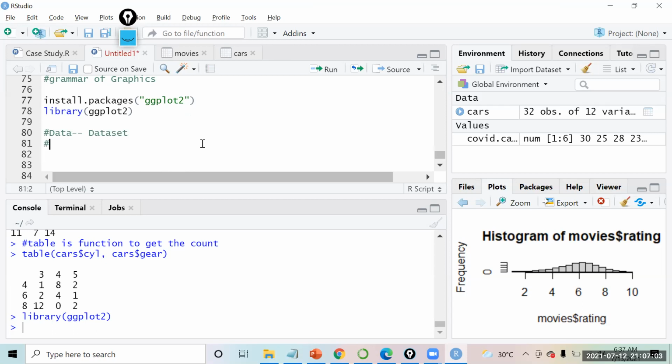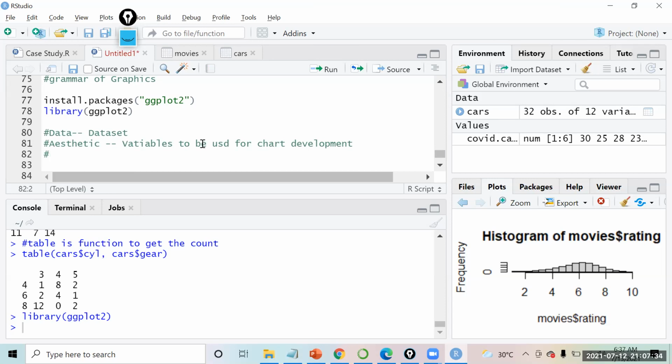The second thing it looks for is the aesthetics. Aesthetics means the variables to be used for chart development. In a data set you can have 10 variables, but for a particular chart you will not use all 10. You will use one, two, or three variables. That is how you are going to work.